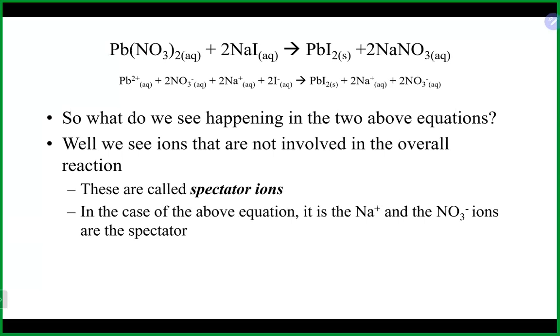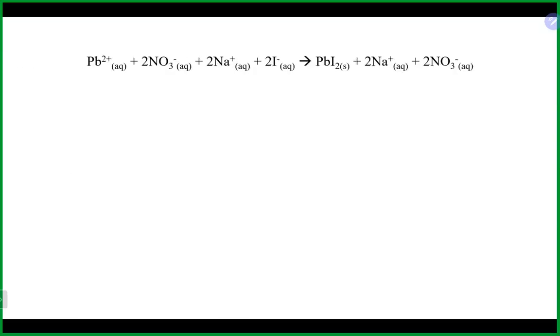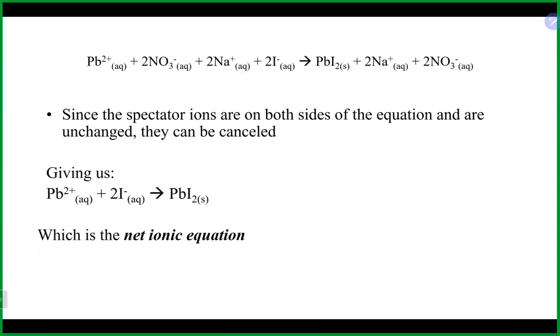Again, our spectator ions are always going to be found on opposite sides of the arrow and should always be the same amount on each side. Again, if they are not the same amount on each side, then you did not properly balance it. And that gets us to our net ionic equation. So oftentimes we do use net ionic equations to really cut to the heart of what is happening in that reaction, to display, in this case, that is really this solid that is being made. It also is balanced, as you can see, same number of elements on each side, and actually the same overall